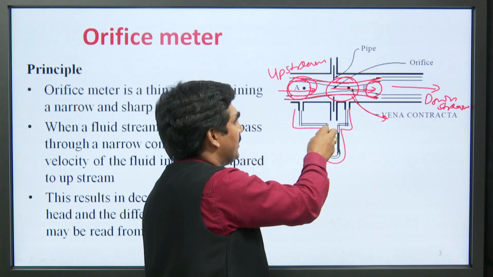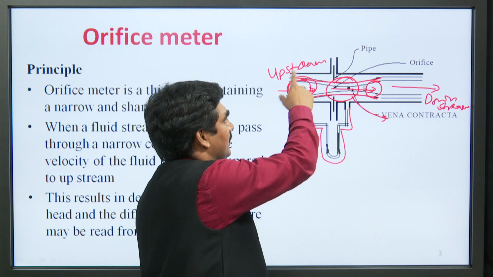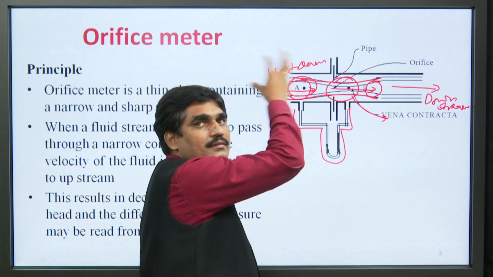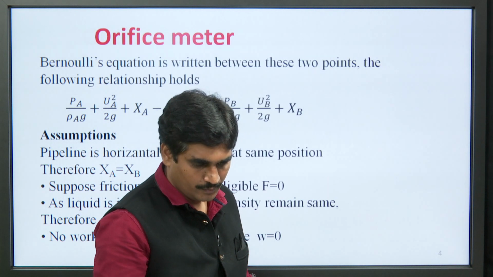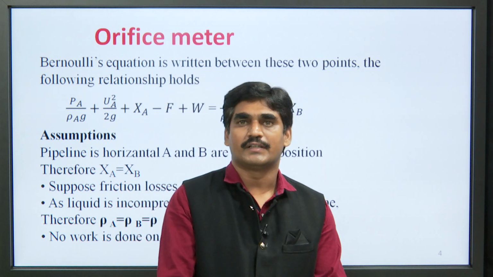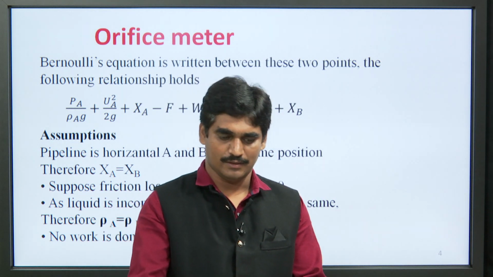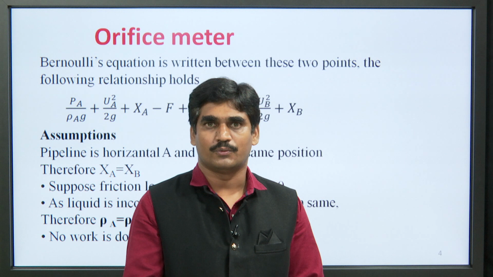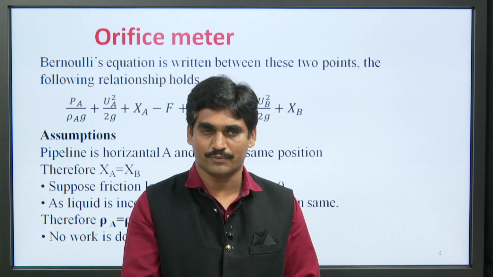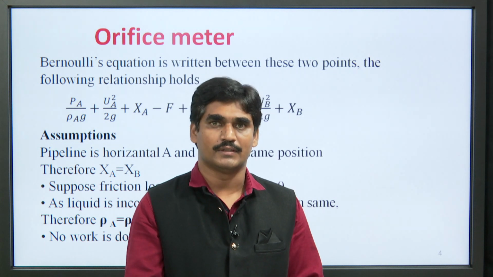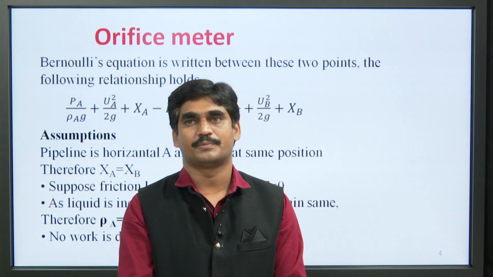By using this manometer, we can measure the change in pressure in this area. Basically, orifice meter, by measuring the velocity of rate of flow of fluid with orifice meter, we have to follow the principles of